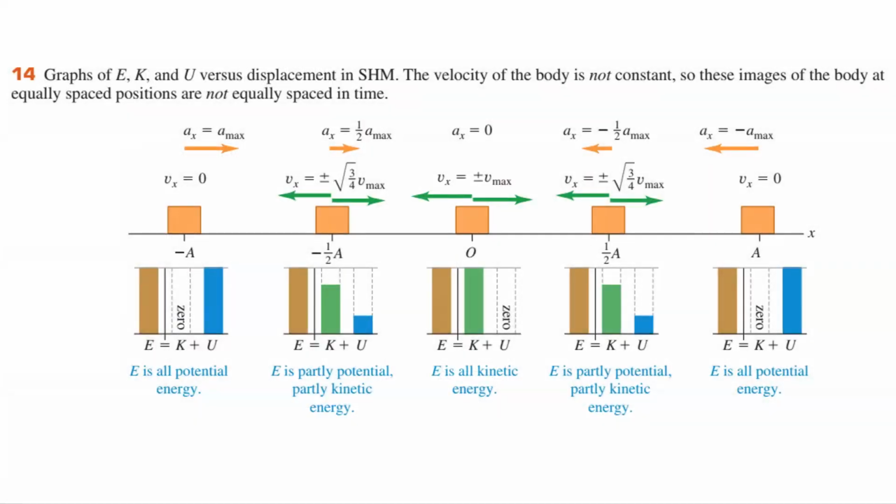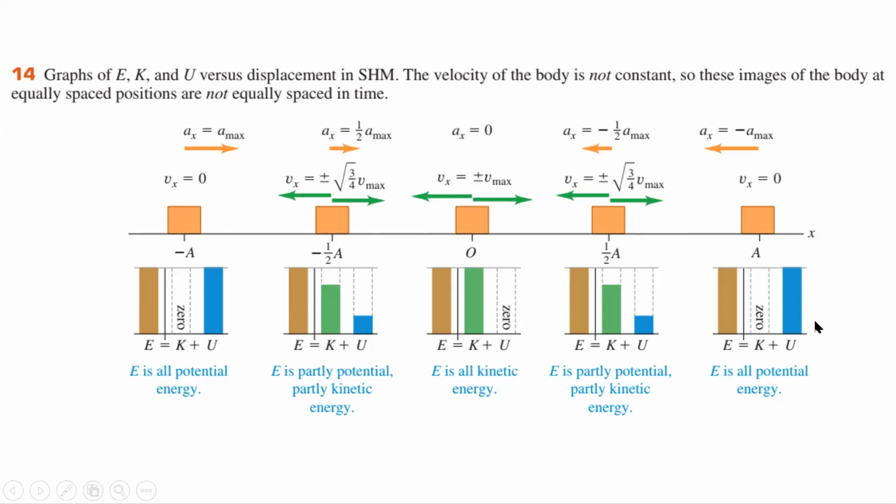Here is the illustration of the relationship between the energy and the displacement. Starting here at the middle drawing, at the initial position of the body, the kinetic energy is equal to the total mechanical energy, which means our potential energy is 0. And as it moves to the right, the potential energy partly increases and the kinetic energy partly decreases, up to the point it reaches